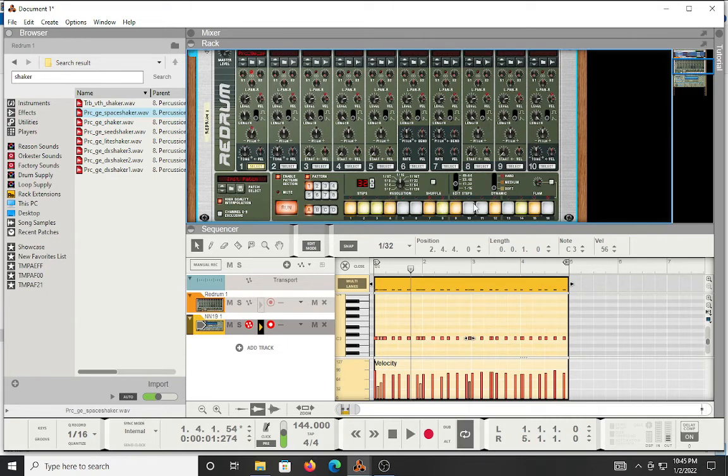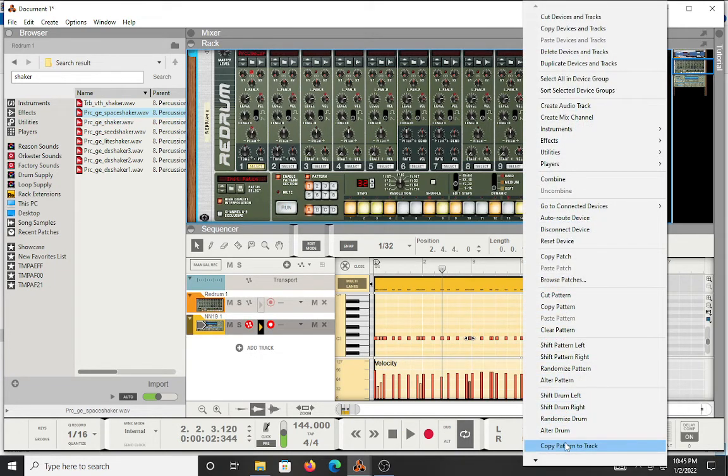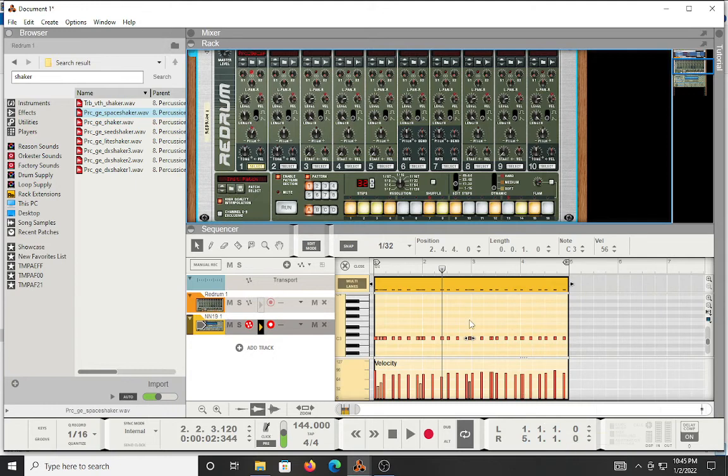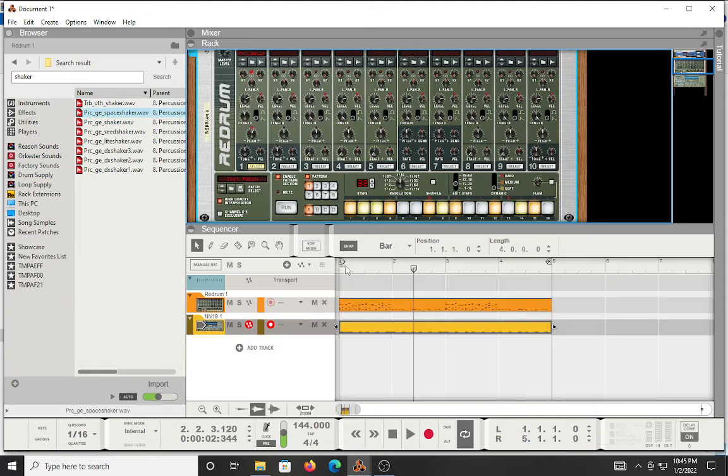So it's another way you can do it. And again, if you like that and you got what you like, right click, copy that pattern to track, and we'll mute this and